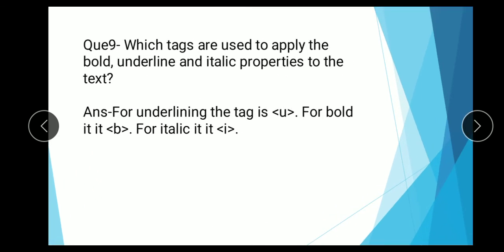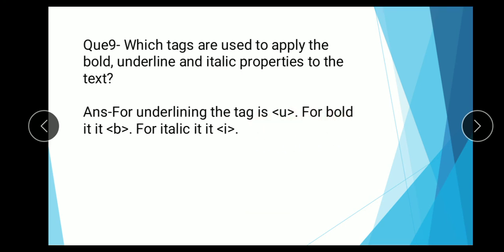Question number 9: Which tags are used to apply the bold, underline and italic properties to the text? For underline, the tag is U. Tag U is used for underline.